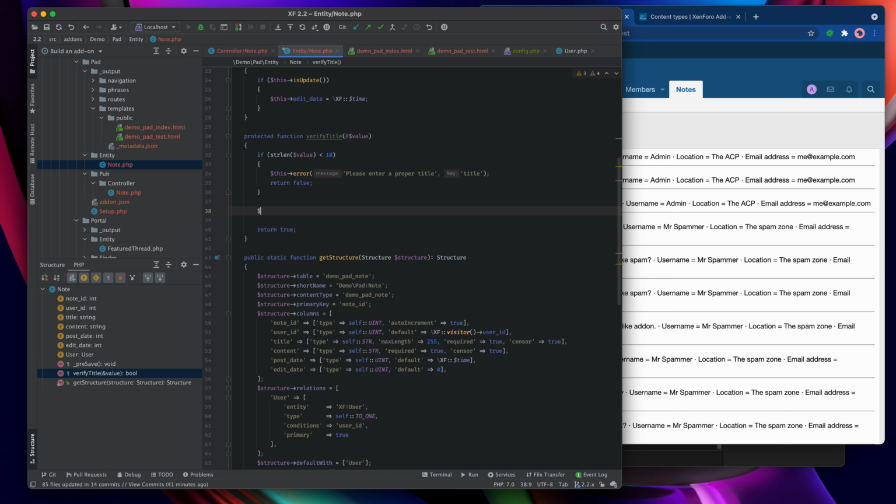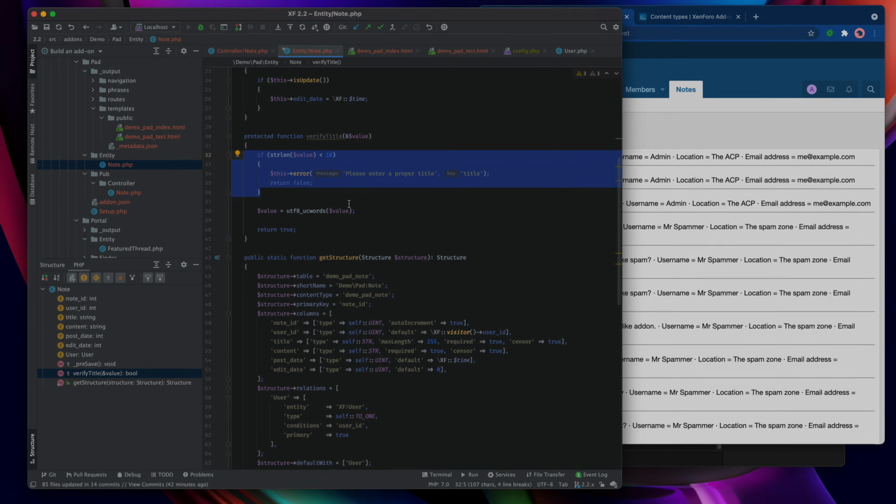So we just say value equals UC words, or UTF-8 UC words on value, and then anything that comes through in all lowercase will automatically be capitalized at the first letter of every word. So we don't necessarily need to have a return false condition at all if all we want to do is just manipulate the data that's being submitted to us.